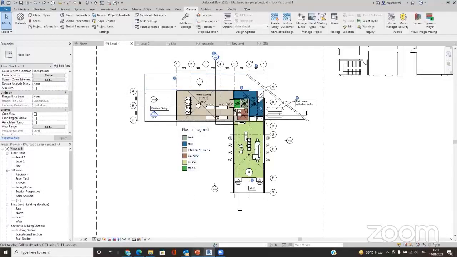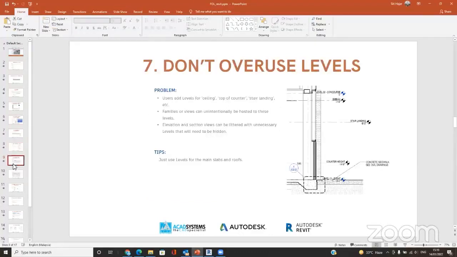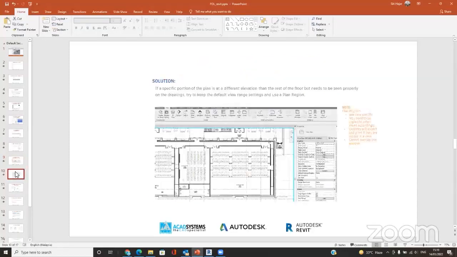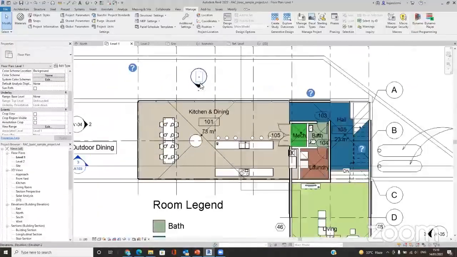So what you can do instead, for both of these, you want to see a certain elevation on your plan, but you don't have to actually use the level, or you don't have to use the view range directly. So you can actually create the plan region, and then you adjust the view range for that plan region. Meaning that over here, if I go back to this floor one,